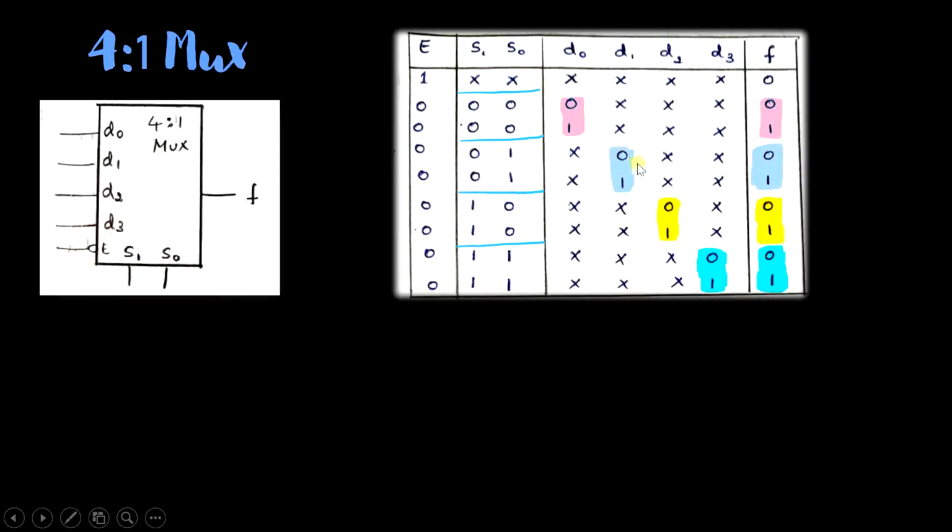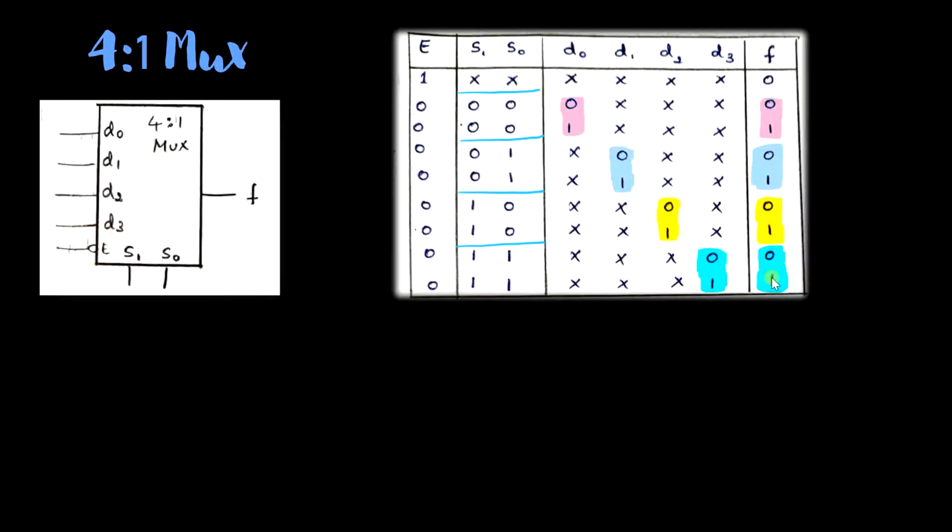So depending upon whatever is available at D1, that is 0 or 1, that will be available at function F. The same way it continues for a select input combination of 1, 0 and for a combination of 1, 1. That is being highlighted here in yellow and in green color.